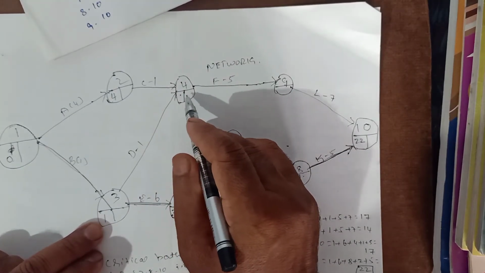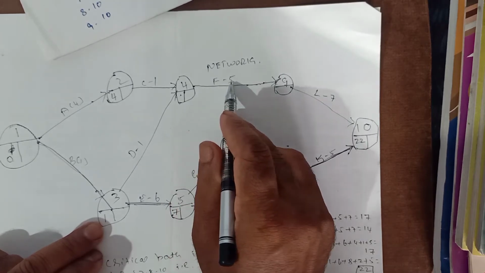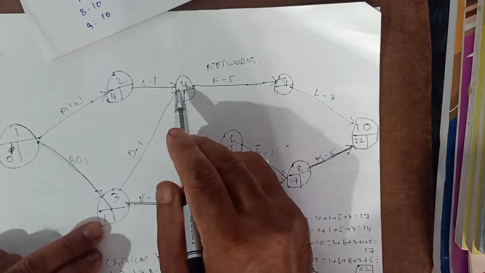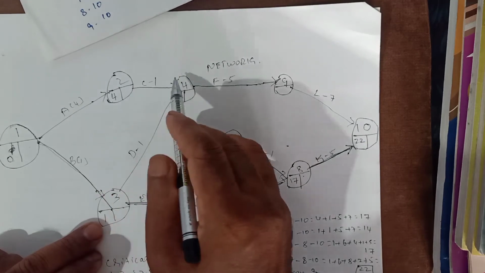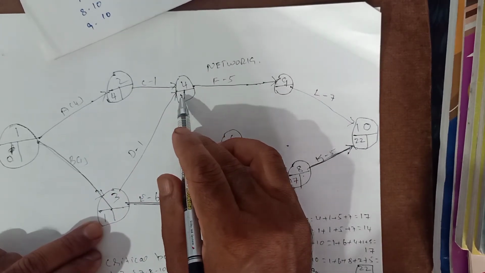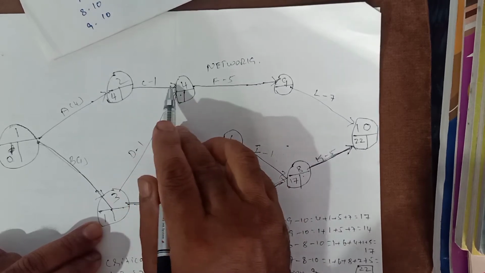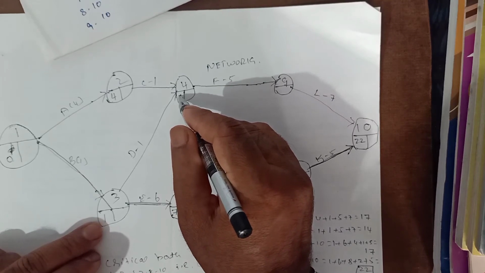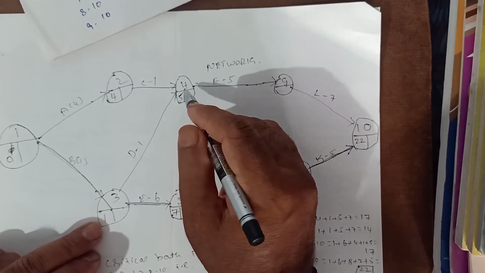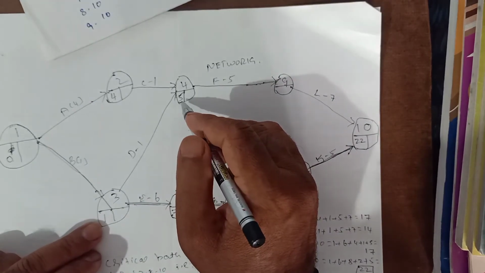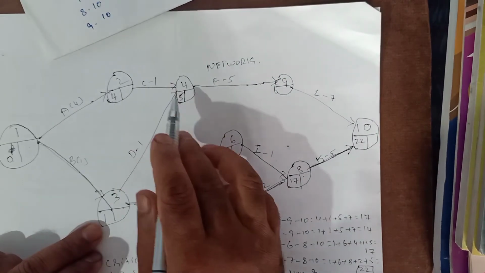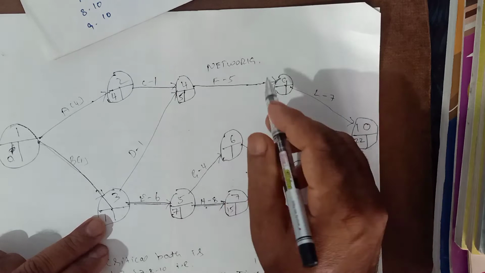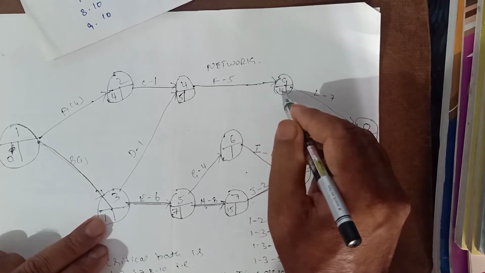But 2 is wrong because this fourth activity cannot be started on the second day, because activity 2 to 4 will take 1 day and activity 1 to 2 will take 4 days. We cannot start the activity earlier than the 5th day because the 2 activities are completed only after 5 days. So we have to take the longest route here, that is 5, not 2. 5 is the earliest start time of this activity. 4 plus 1 is equal to 5. Then 5 plus 5 is equal to 10 here.